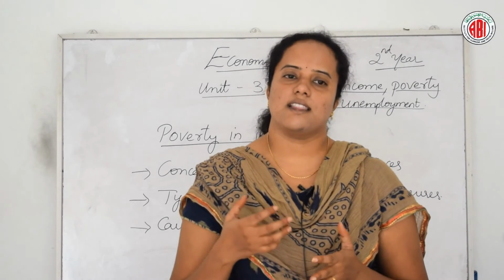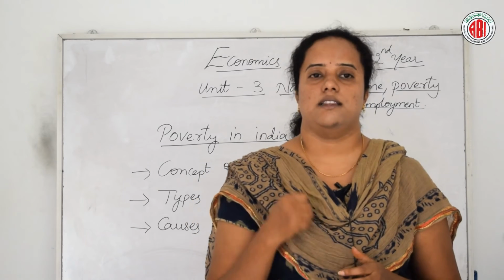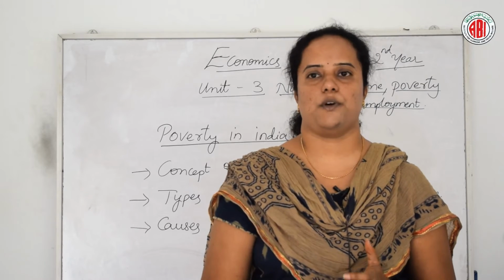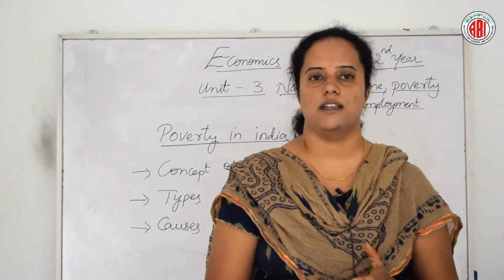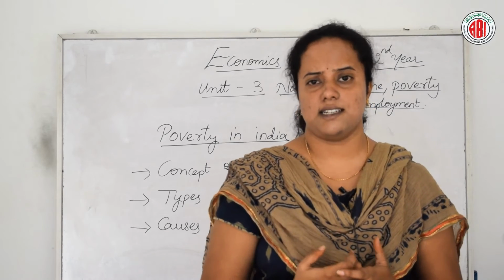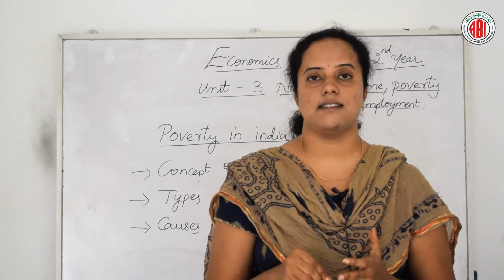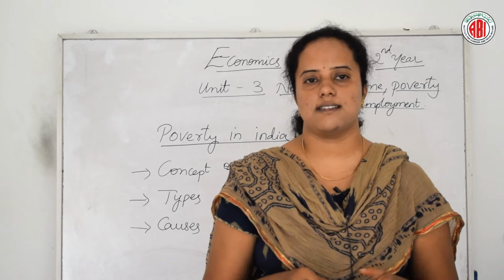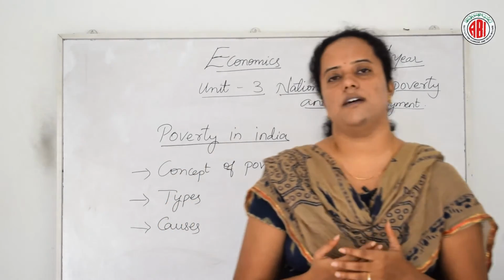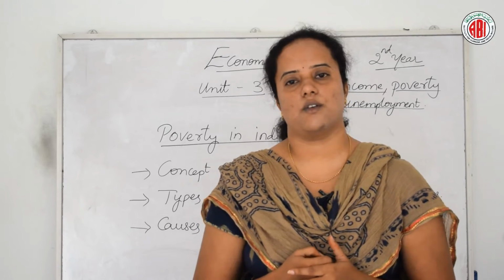What are the types of poverty we can see? There are two types of poverty in economic literature. One is absolute poverty and the second is relative poverty. What is absolute poverty? Absolute poverty is the standard minimum physical quantities of pulses, cereals, milk, butter, etc., determined under subsistence level price quotations and converted into monetary terms.